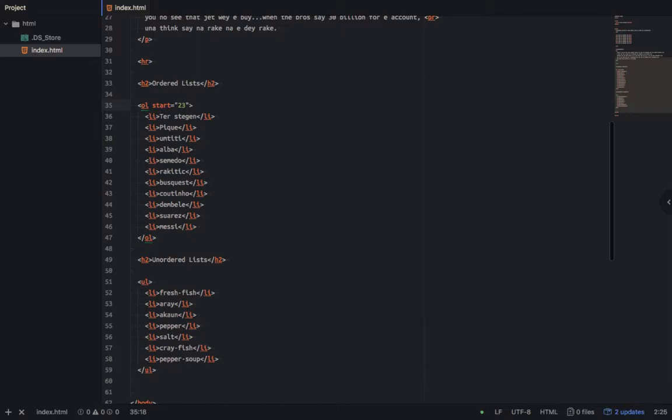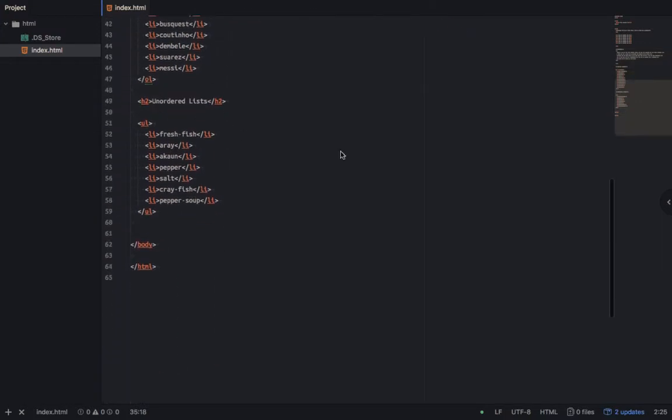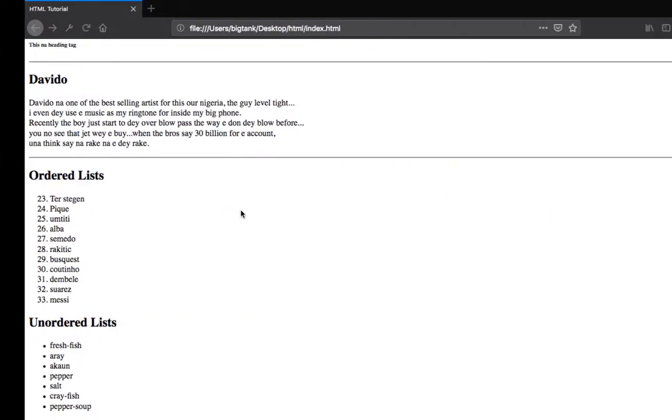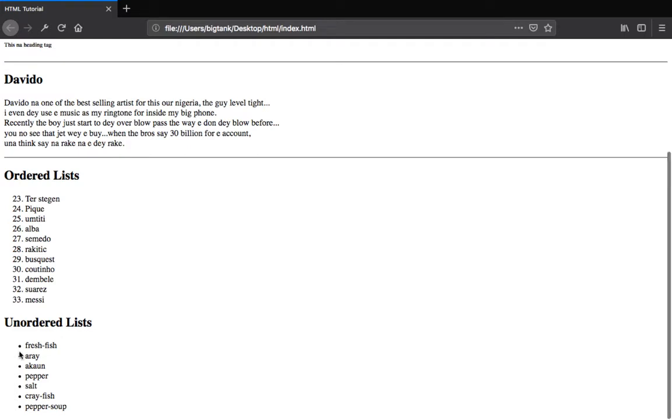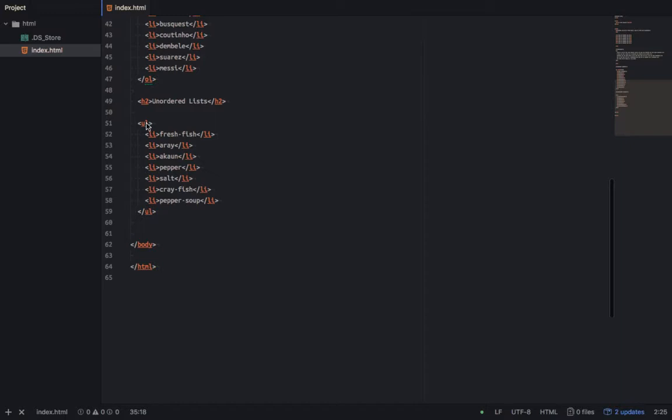There are so many nice things attributes do, and not only this one, as I showed that day. Even the unordered list gets its attributes. If you see the unordered list, the default is this circle shape. If we want to change the circle and make it another shape, I go to this UL, not the LI. When I come to the UL, I specify the attribute I want for that UL.